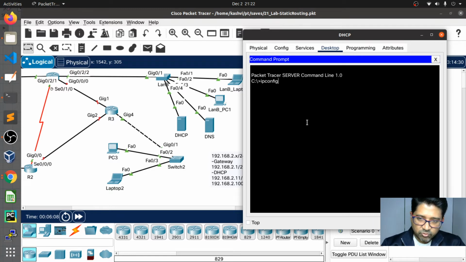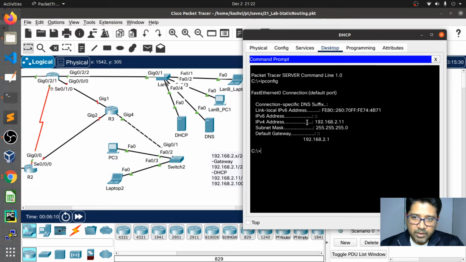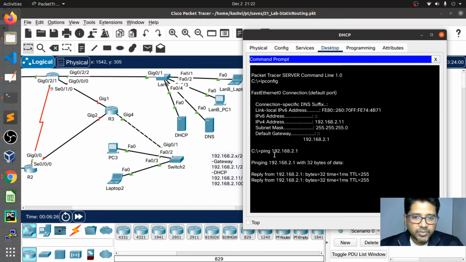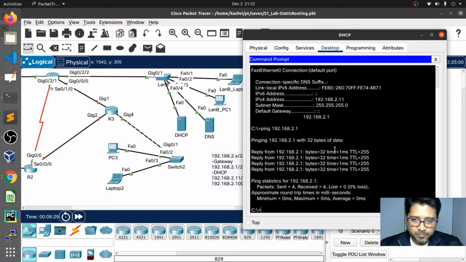Let me test it. So we have the IP address, we have the server gateway defined. Let's ping the gateway and test it out. It's a working NIC card and everything. So I'm pinging the gateway, and it's pingable. I want to ping the switch also. Switch IP is